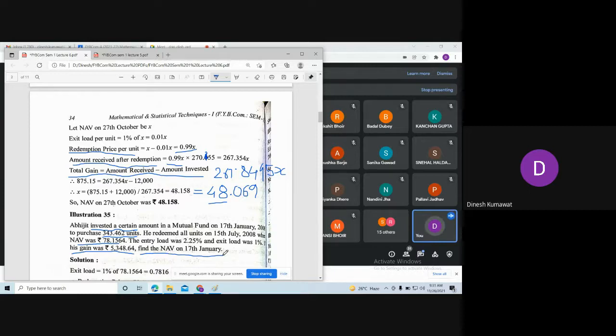So first of all, tell me which net asset value we need to find out, whether it is on purchase or on sales. Purchase. So this is on purchase. The same thing you are going to do, which we did in the previous illustration. But in this case, you need to find out the purchase net asset value. Previously, we found out the redemption net asset value. So can I leave this illustration for your homework? Yes, sir. Okay, so this is your homework for today's lecture.